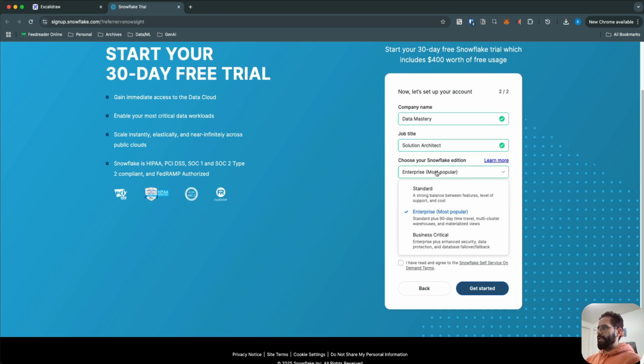Now we have the Snowflake editions. There are three Snowflake editions: one is the standard, the enterprise, and the business critical. For most of the work that we're going to do, enterprise is what